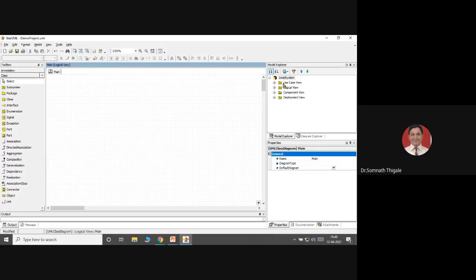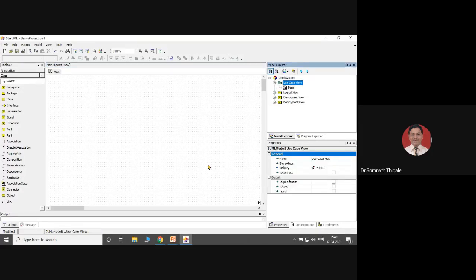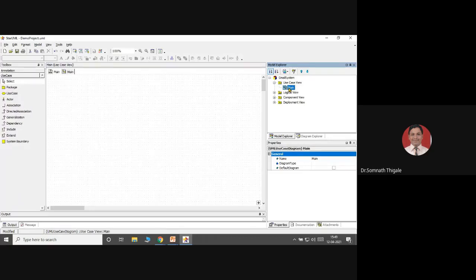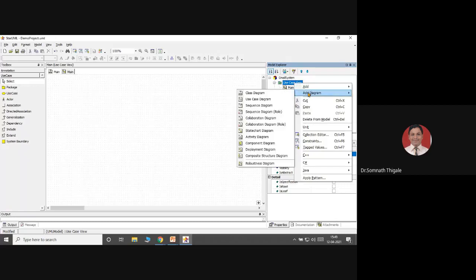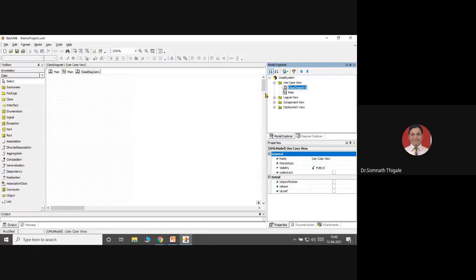So with respect to that, I'm going to draw one simple use case diagram. When I click over here, I'll select this use case view, right click, add a diagram, and I will select the first diagram, called what? Use case diagram.